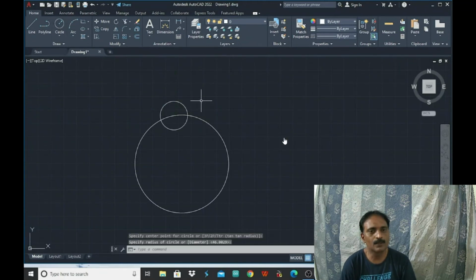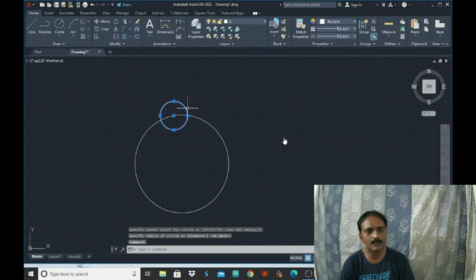In order to have the polar array, I am considering a little small object, something like a gear wheel.